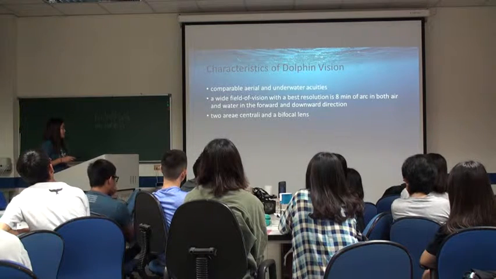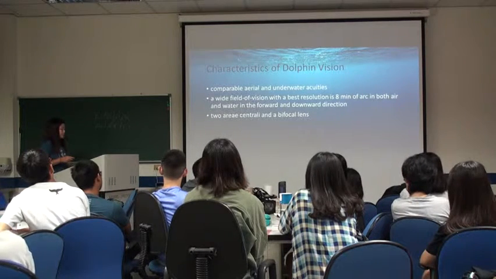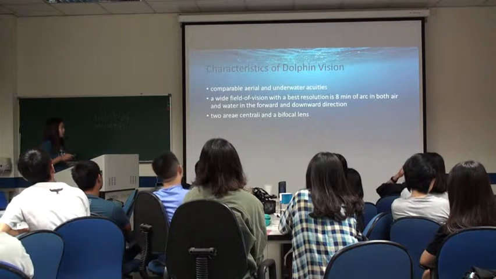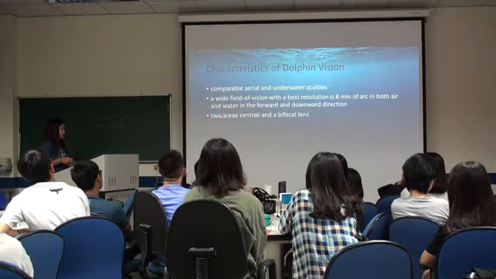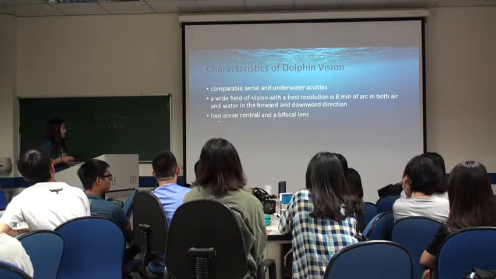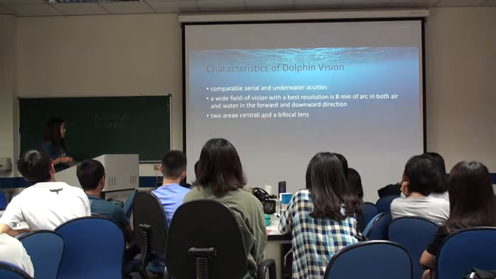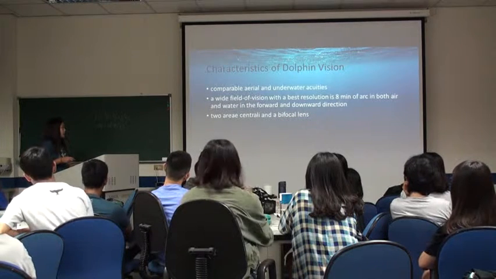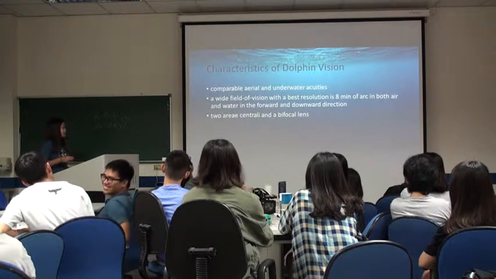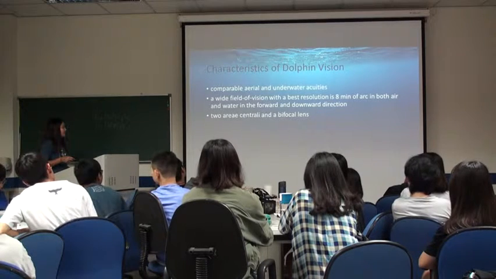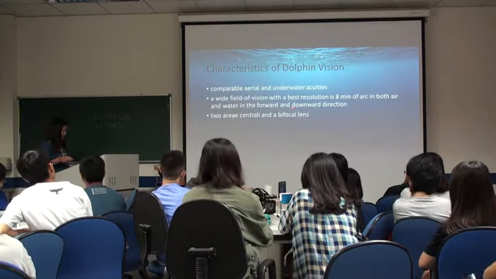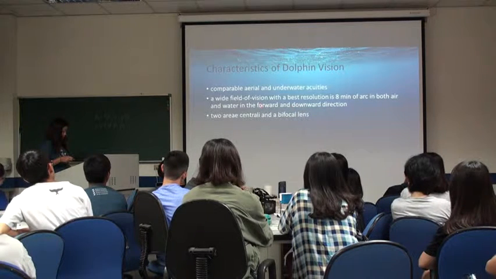their vision will have a high resolution. And the third one is their eyes have two axes of symmetry and a bifocal lens. That means their eyes have two main central points, and they have a bifocal lens just like